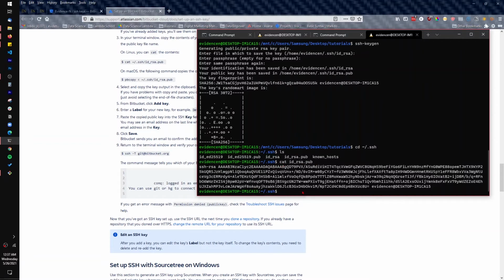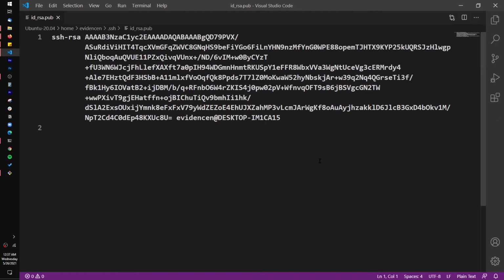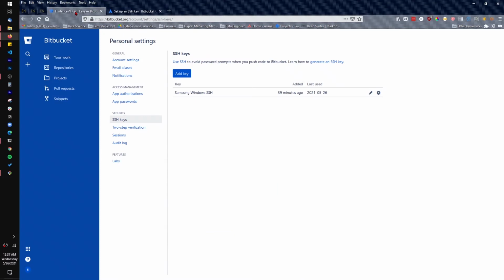Another way to open it is to also use VS Code. So you could do code id_rsa.pub, and the same thing opens in VS Code. All right, so go ahead and copy it. You can copy it from VS Code or you can copy it from the command line. It's up to you. So once you've copied the contents of your public SSH file, you go back to BitBucket,